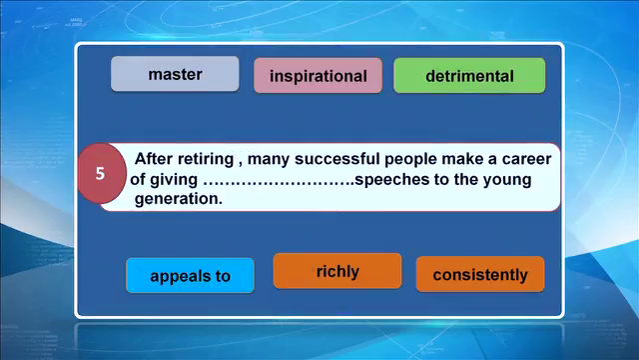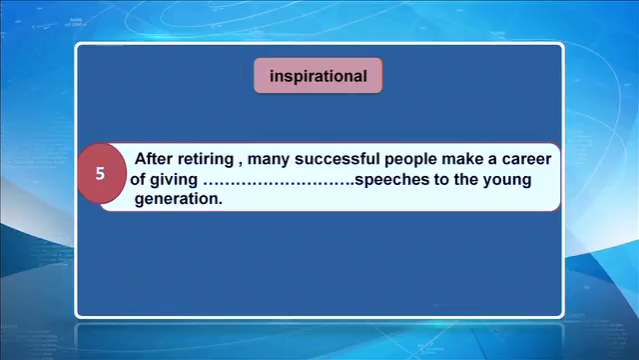Let's see together how. Now, for this sentence, number 5, we have, of course, 6 options. Let's read the sentence. After retiring, many successful people make a career of giving speeches to the young generation. What kind of speeches? So here we are describing those speeches. So we're going to need an adjective. If you remember, we said we have 2 adjectives. So here it's going to be easier for us because now we have 2 options instead of 6 options to choose from. So we're going to choose, of course, the correct meaning and the most appropriate meaning, which is inspirational